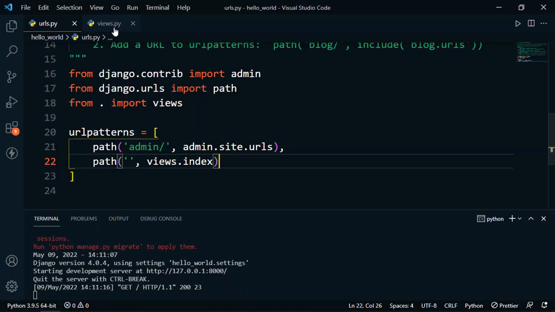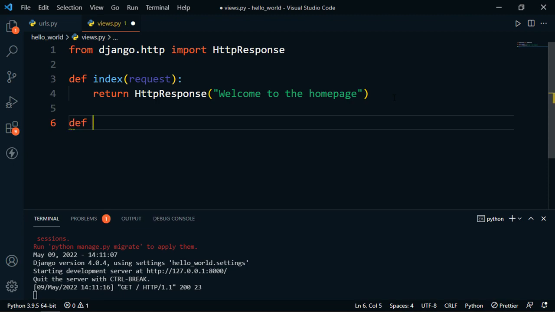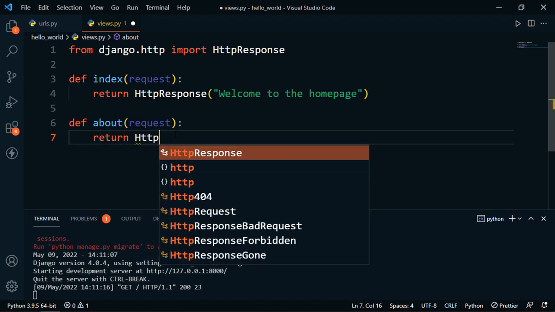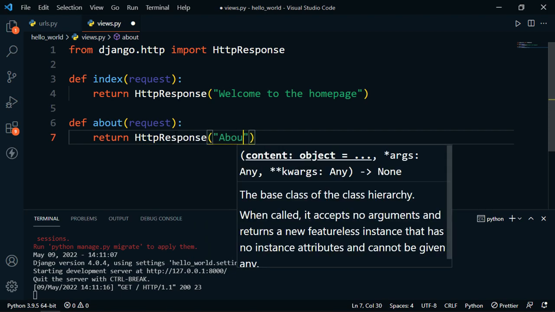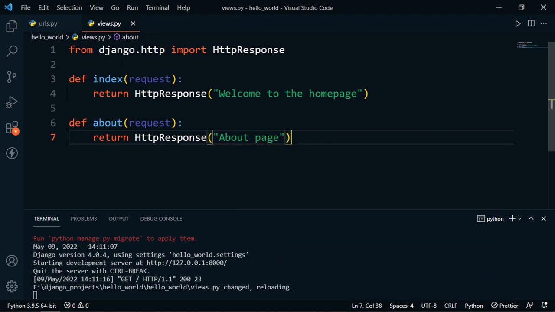Now let's create one more function for our about page. So I will type here def about, and then I'll pass the request as a parameter to this function. After that, I will type here return HttpResponse, and then I will type here about page. Let's save this file, and then in the urls.py file,